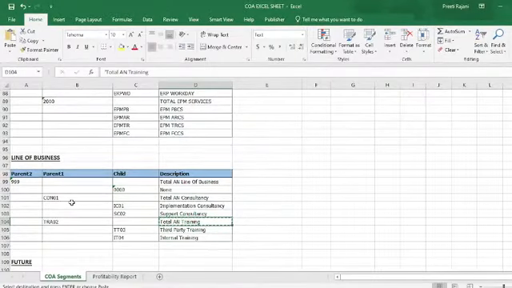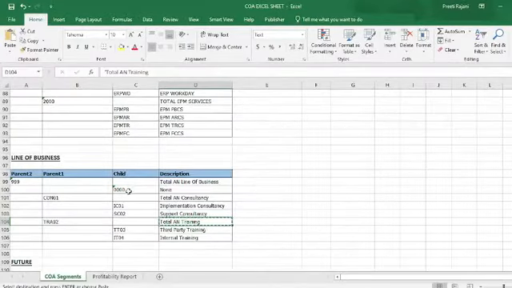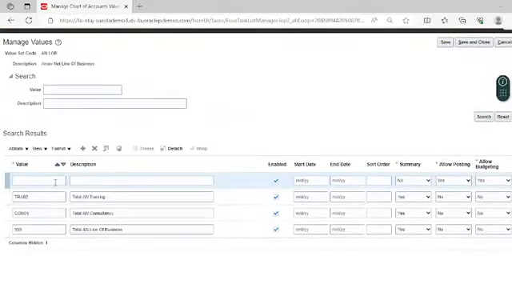Line of business segment. Add the value for none.